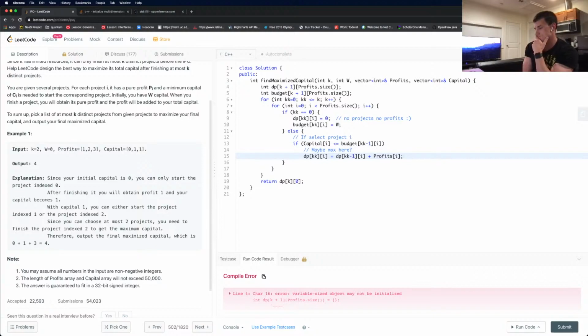Maybe no. And we still want to track the various budget combinations, right, that can yield us something more interesting. This hope.